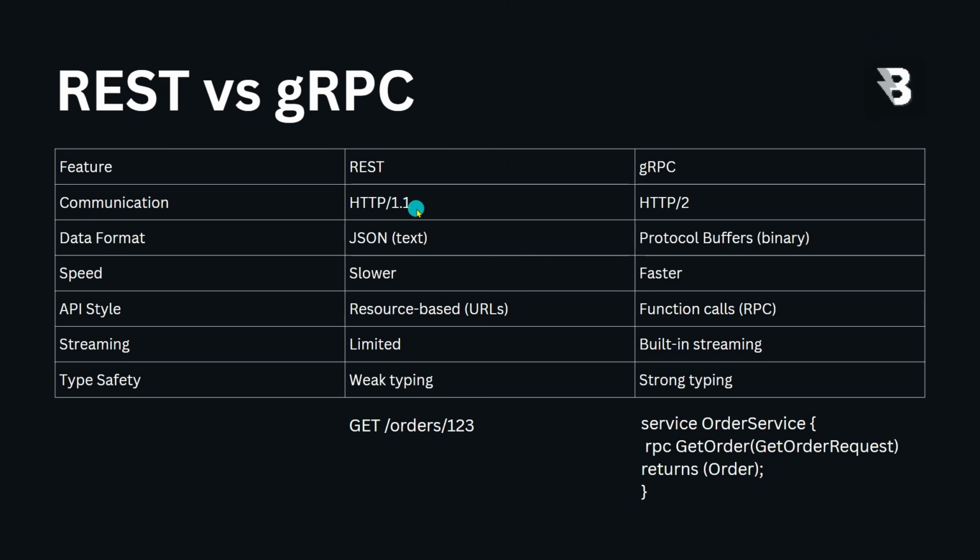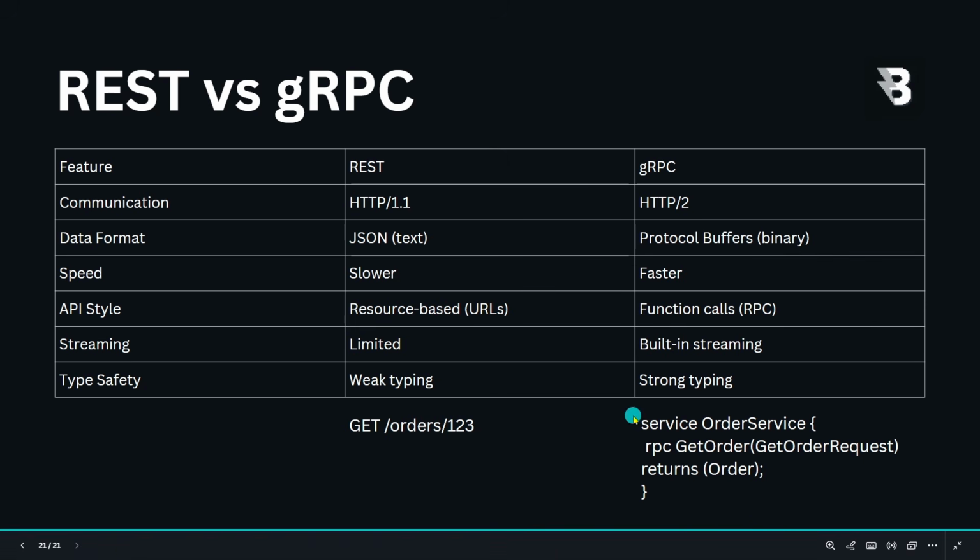So REST uses HTTP 1.1 and gRPC uses HTTP2. Now HTTP2 has many advantages over HTTP 1.1 and we will learn about them step by step. The data format used in REST is JSON, which is a text-based format, and in gRPC we use protocol buffers, something that we have learned up until now. In terms of speed, gRPC is way faster as compared to REST, and it is also smaller. The API style for writing things is that in REST we use URL-based resources, and in gRPC we use